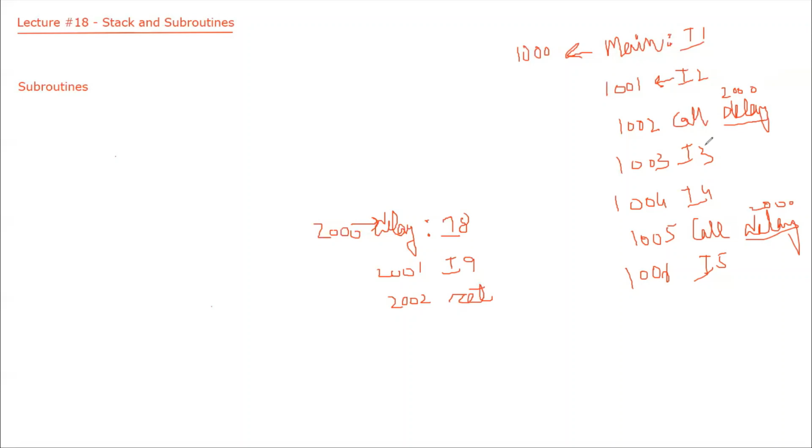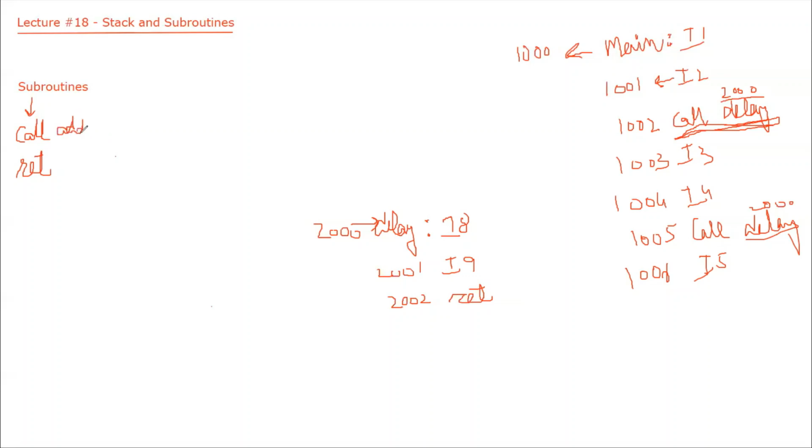Okay. So from the main program, I can call this subroutine. This is a subroutine. And from the subroutine, I can go back to main memory using a return instruction. So for implementing subroutines, we have to understand the use of the call instruction and the ret instruction. And you can see here the syntax of a call instruction: call and then address.